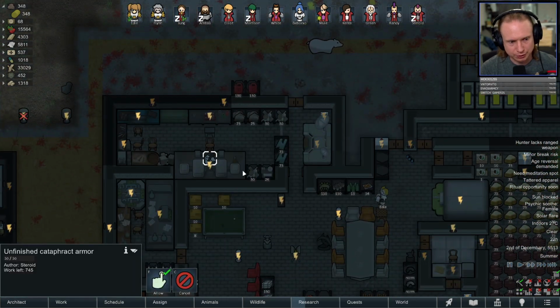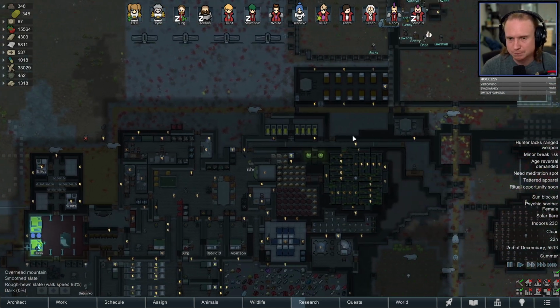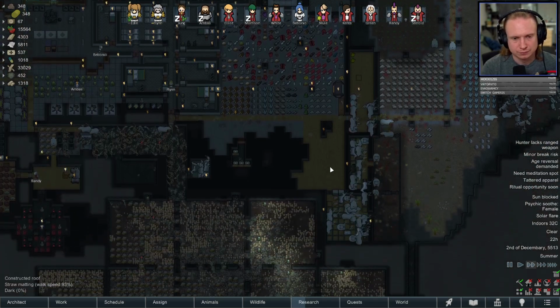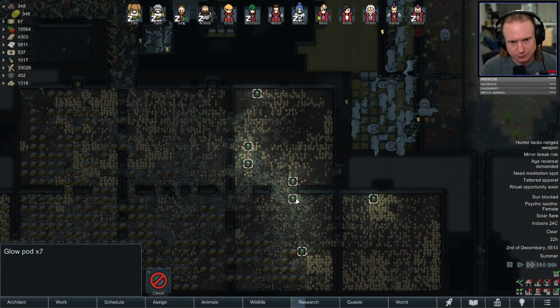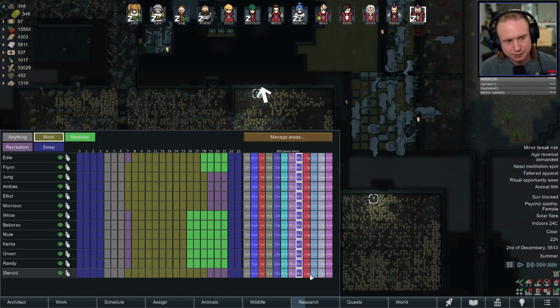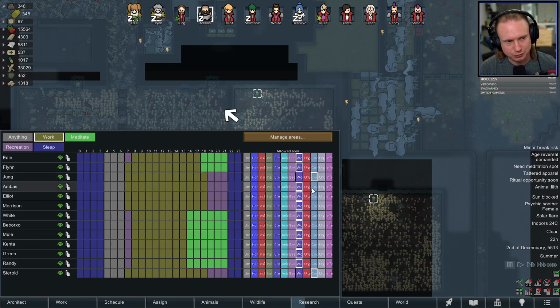Amboss, we should be working on the cataphract armor for Amboss. Yeah, we are indeed. Wait, how are these not done yet? Oh, I didn't switch people back to work. Dang, dang, dang. That explains a lot of things, but...